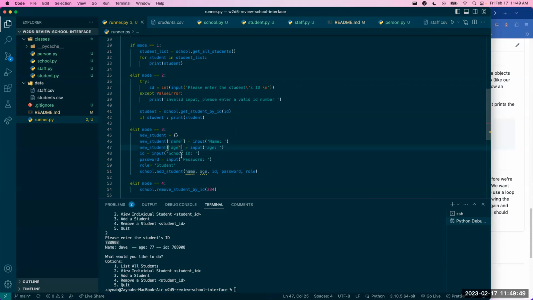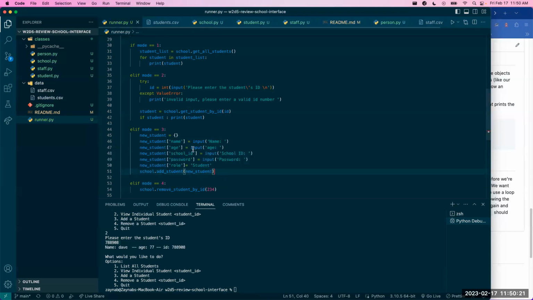This one is age. This one is school ID. This one is password. And the last one is role. So basically we're setting up everything in the beginning. All we have to do is send in the new student to add student, and